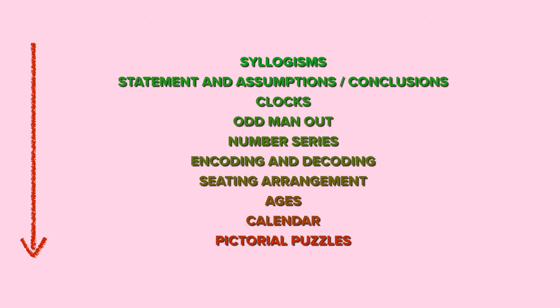And other things such as encoding and decoding, where given a string encoded as a particular number or a different string, what will be the given string's value in the same language or coding scheme. And seating arrangement, given PQRS seated in a circular fashion, who is the person to the left of the person R, something like that. And ages is kind of simple, so you won't see it much, but it's equally important.